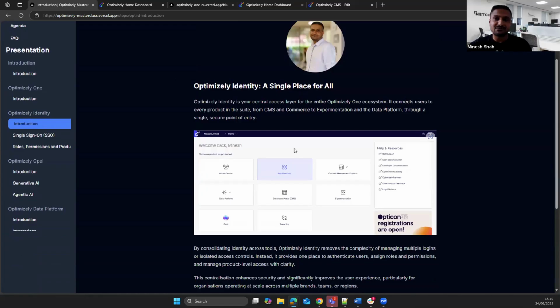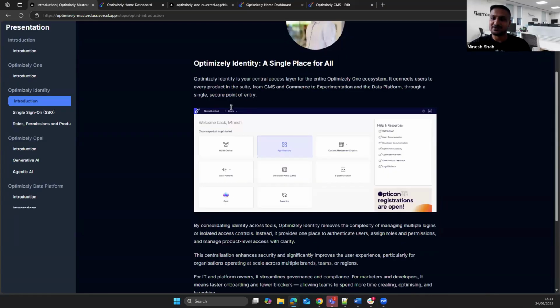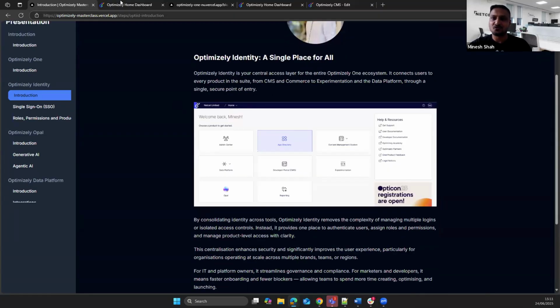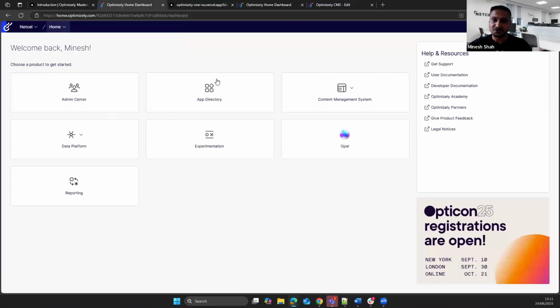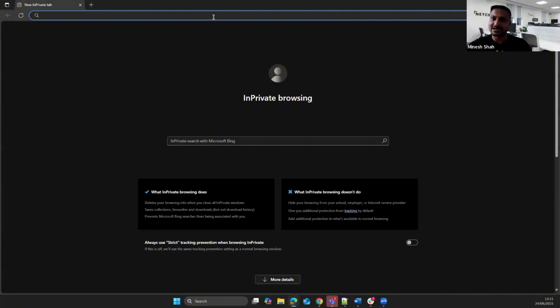Now, going back to my 5-star holiday resort analogy, how I see Optimizely One is, when you get to your hotel, you go to check-in, you get your key card, and you get your wristband to use all of the services. So Optimizely Identity, you could say, is your receptionist to all of the features the hotel gives you. So how Optimizely Identity looks, before I go in and show you the product switcher, I'm going to go into an incognito window and just show you how it would work. So the first point of call would be